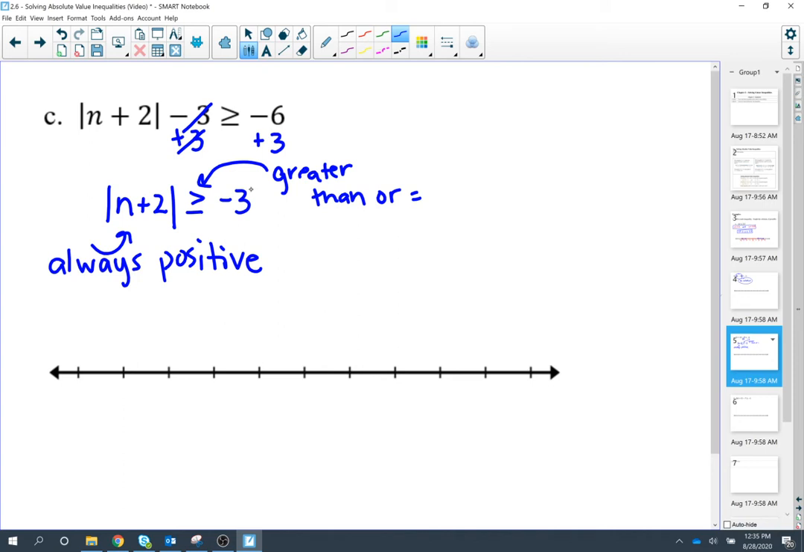So this time I'm comparing to a negative number, but I have to be bigger than the negative number. Well, that always happens. Versus if you remember our previous example, we were comparing to a negative number, but we had to be smaller. That never happens with absolute value. So this one is infinite solutions,